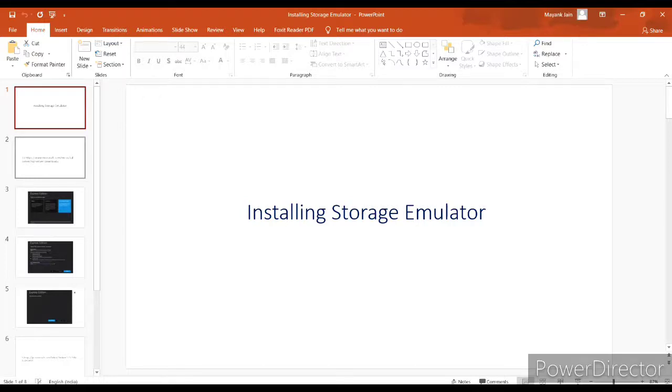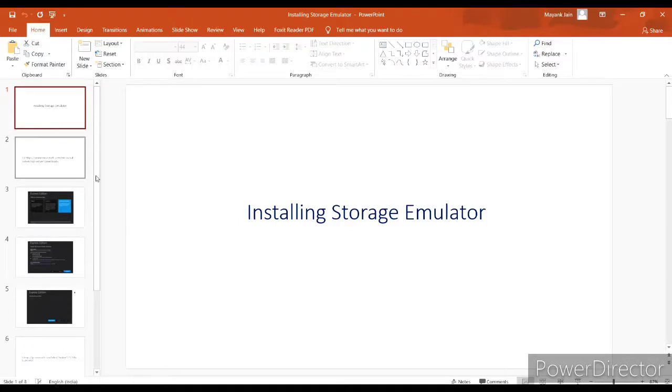Some of our viewers asked how to run timer trigger locally, so this session will help us to run timer trigger on our local machine. For this we need to install storage emulator.